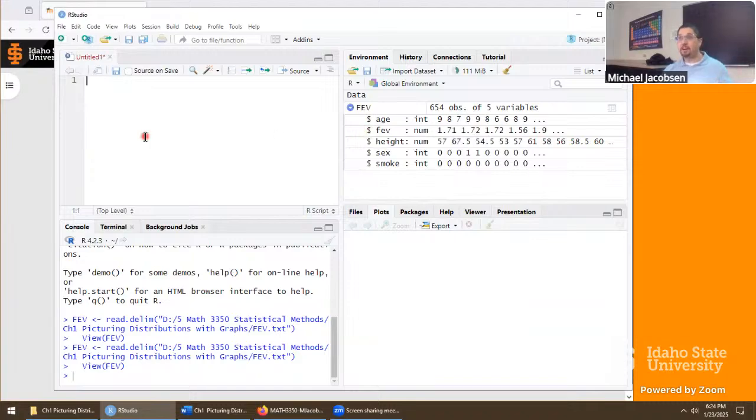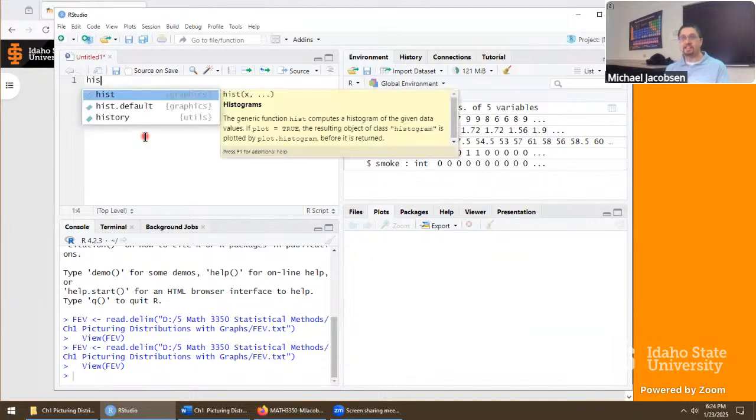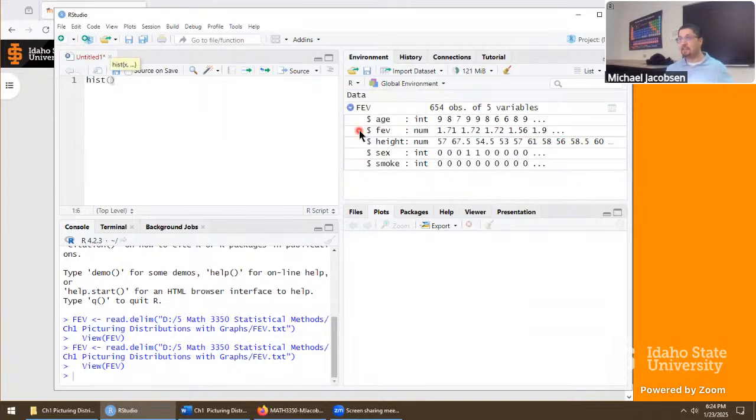First, if you knew nothing about RStudio and you want a histogram, you should just start typing slowly. Histogram is HIST, and there it is. The histogram function pops out that says this is the generic function hist computes a histogram. So we can either complete the typing, put in the letter T. I usually press enter just to auto-complete the syntax, and you'll get this here. Now, my next step isn't going to work, but this is a good step to take anyways, just to see what goes wrong, why it doesn't work.